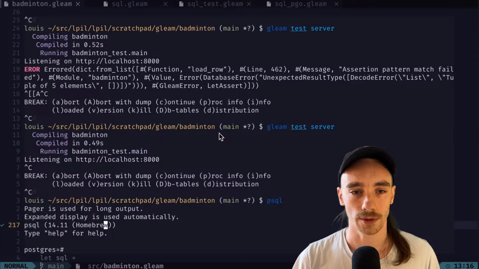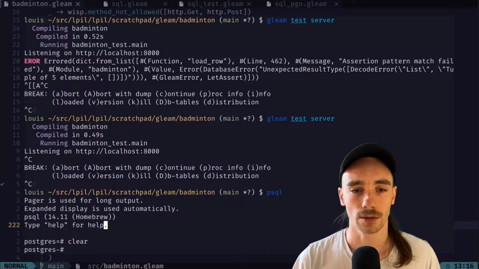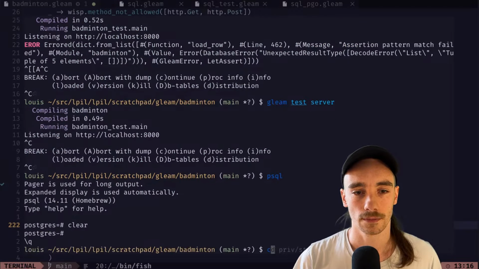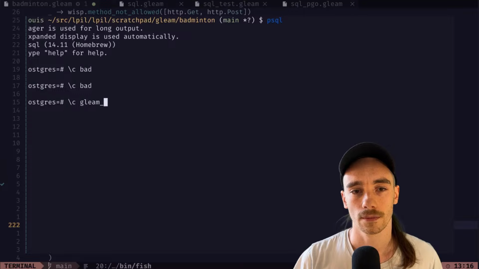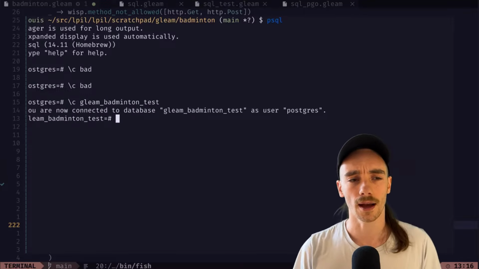Oops, don't know what just happened there. I pressed the wrong button again. Oh no. Clear. Control L. Oh, okay. Clear. Okay. And you want to connect to, what did I call this? Badminton something? Nice. And